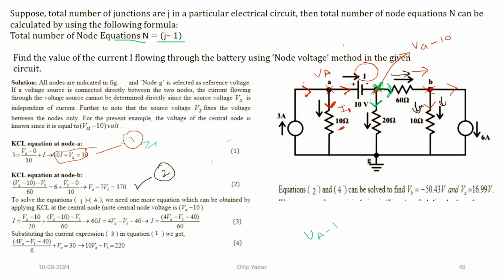So VA minus 10, no resistance was there, and it is split into VA minus 10 divided by 20. I can say it directly as I, because the current I was flowing. So VA minus 10, VA minus 10